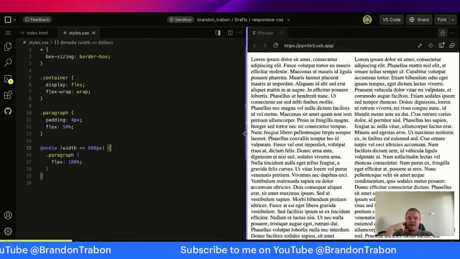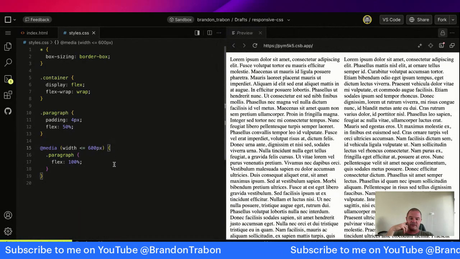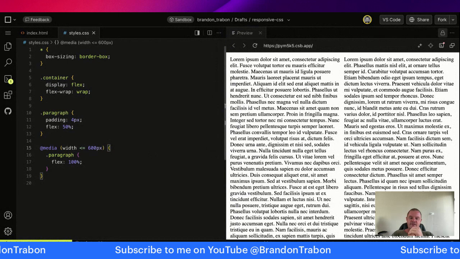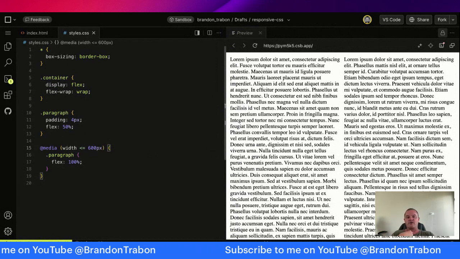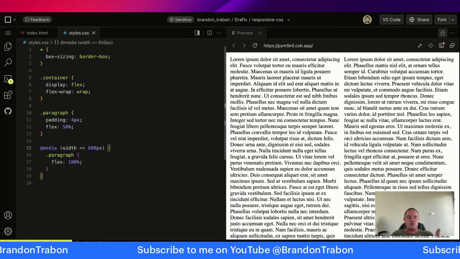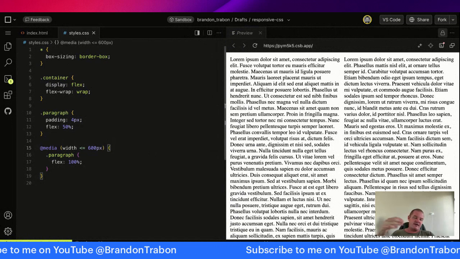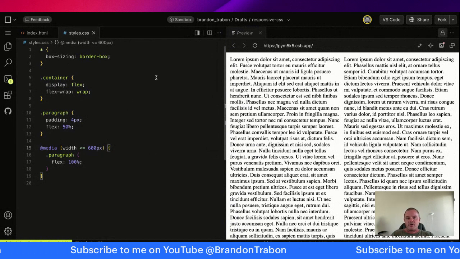So you tell it it's okay to wrap, and then you give it the width of 600 pixels, and make sure that the paragraph takes up the entirety of the window at that width or smaller. That's really the whole idea of responsive design: making something that works both on desktop and on mobile. So what we'll do